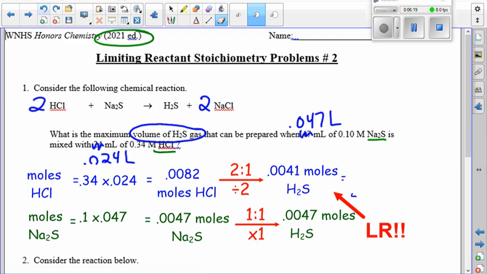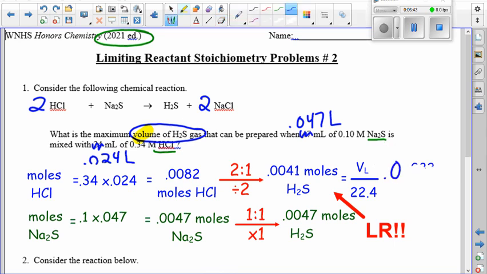Well, again, we were asked to find a volume of hydrogen sulfide gas. And so if I come over here, I'm going to set my moles of hydrogen sulfide equal to the volume in liters over 22.4. I'll then multiply both sides by 22.4 to get volume by itself. And I should find that this is, let's see here, 0.092 liters of